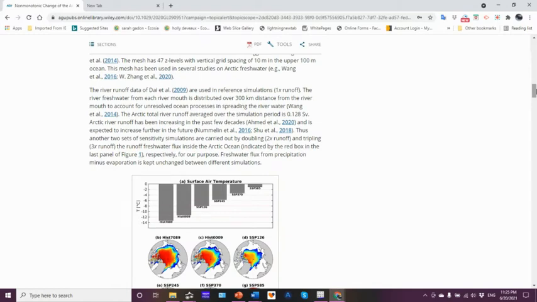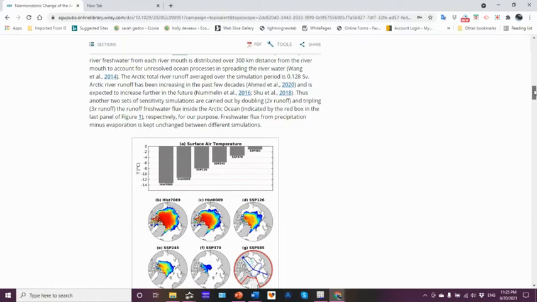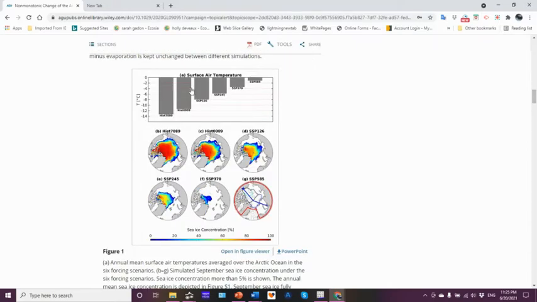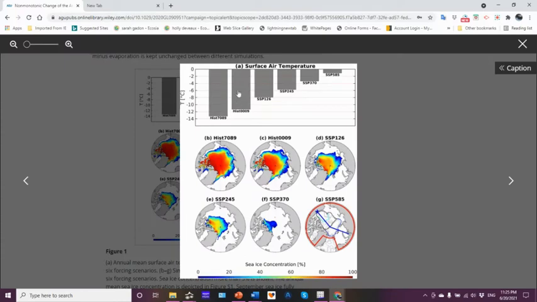Okay, again, you can pull up the URL and read the details of the methodology. What I will say is this. Let's look at this. So they worked with 6 models here. And they have historical. So I have a couple of historical models here. And then they have these different